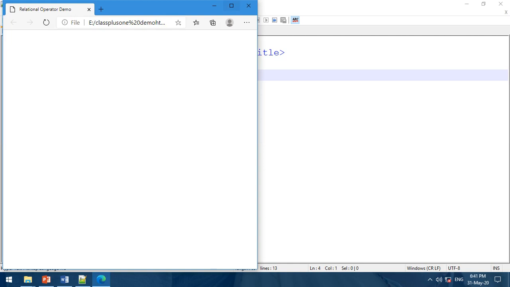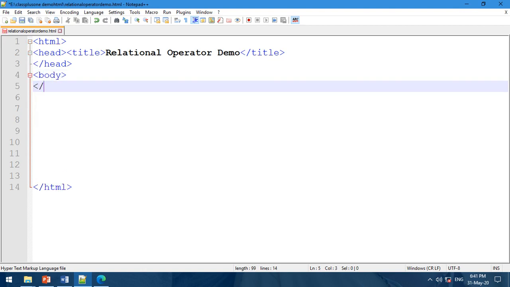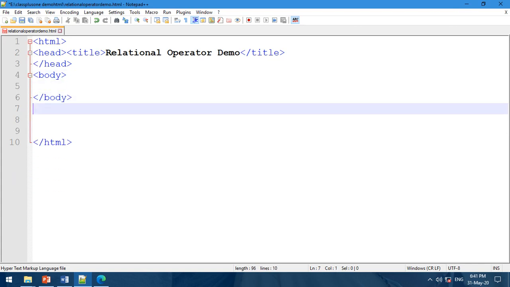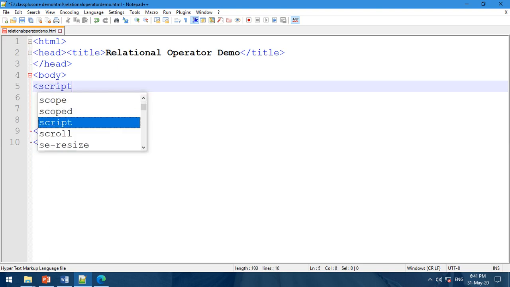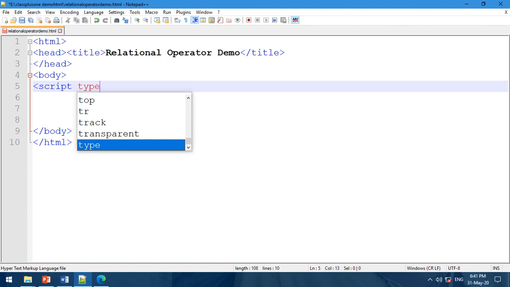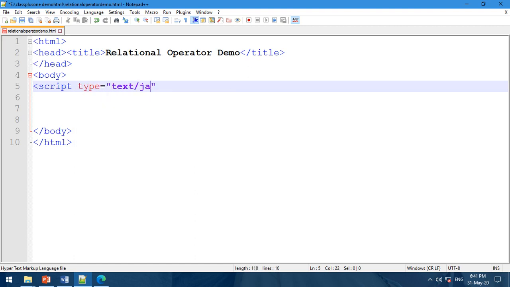Okay, we have a title, relational operator demo. Now let's start. Here body tag, close the body tag. Inside the body tag, start JavaScript. Script type is equal to text JavaScript.